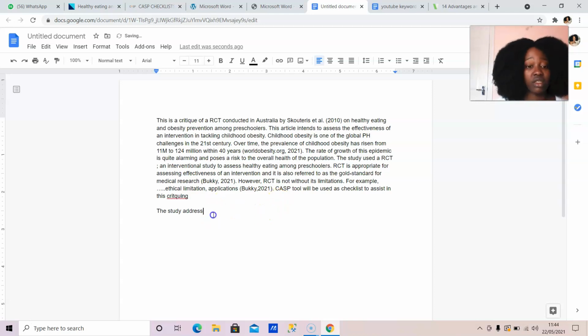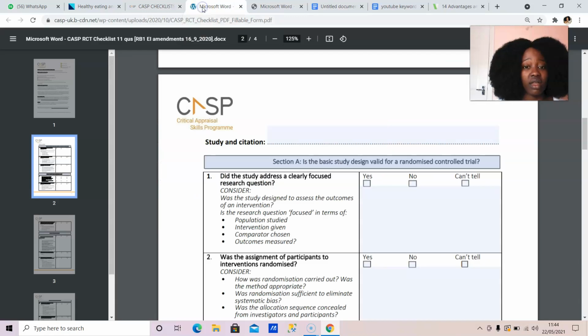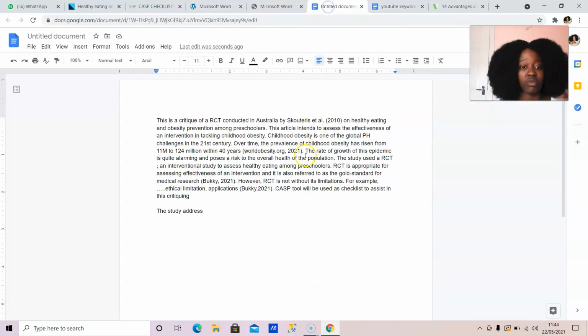So now this question was saying, did the study have a clearly focused research question. So back to our write-up. The study had a clearly focused research question, which was